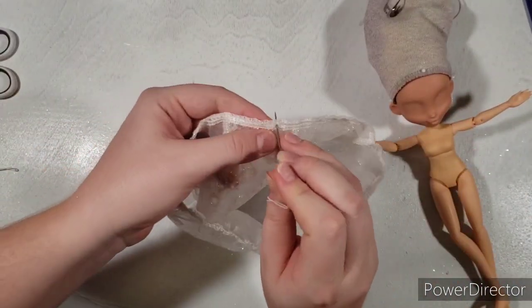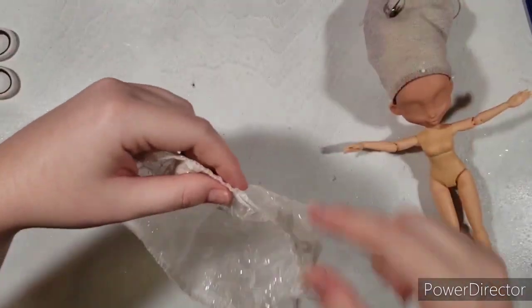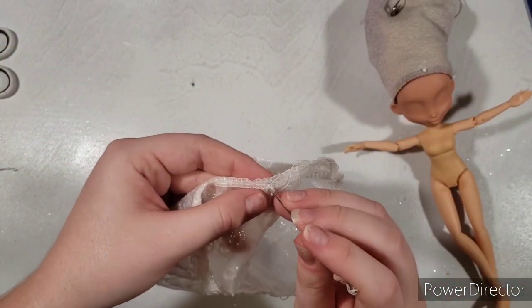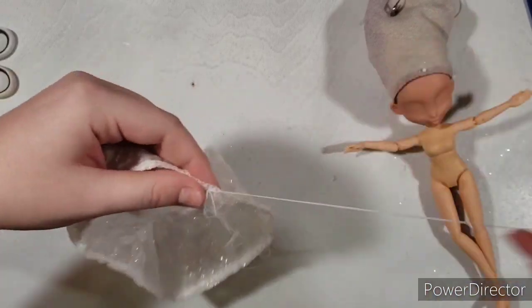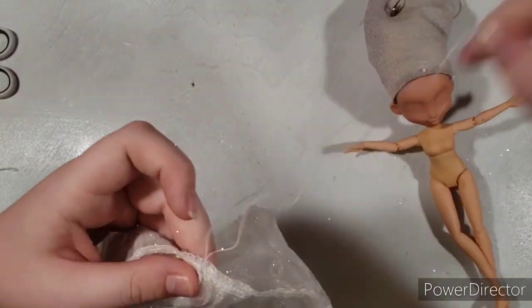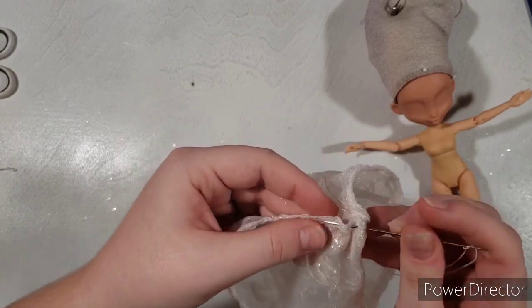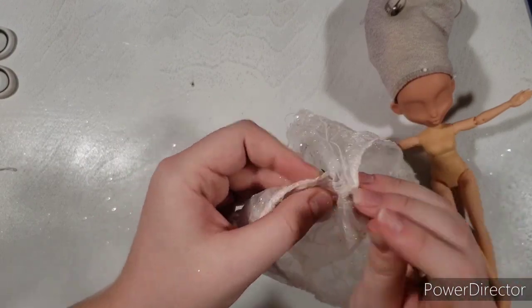I have this great elastic thread, and so I'm using it to gather the tutu so it'll poof out and cinch in at her waist. And then the elastic thread allows me a lot of freedom. If you can get elastic thread, definitely do it. I double it up here because it's thin, but it's great for dolls because you can do what I'm doing here, which is ruffle the material and it'll cinch in, but you can still pull it up to go over the legs and such,